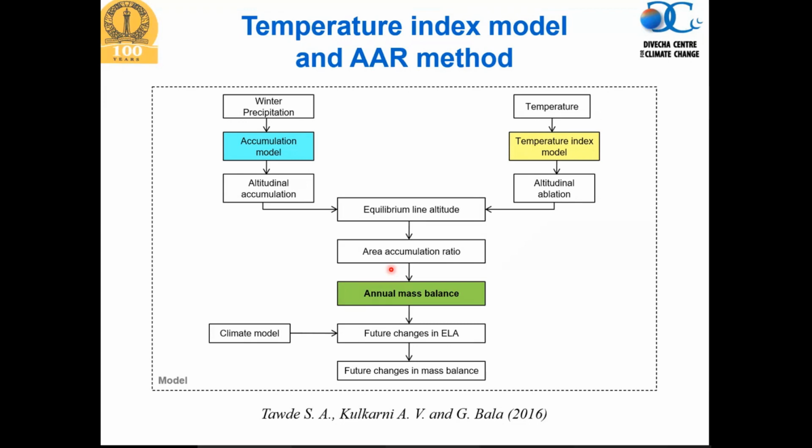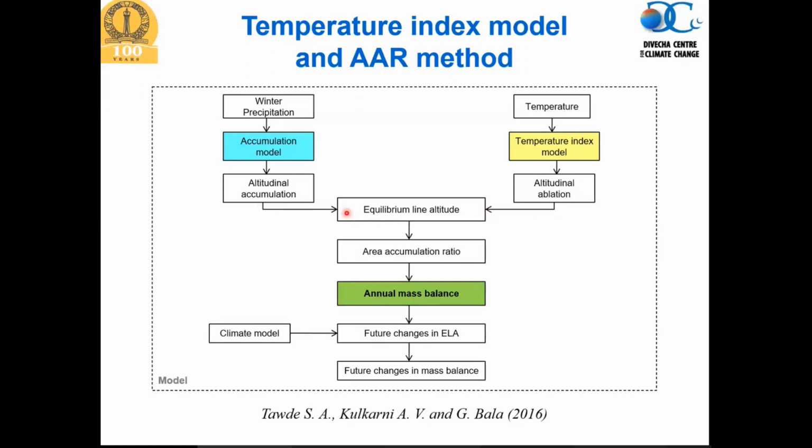Even the original technique was developed in the mid-90s. Subsequently, one of my doctoral students developed this technique, where she used two important ideas to improve it further. First, we have winter precipitation, and you estimate the accumulation model. You estimate in each altitude zone how much is the snowfall or snow accumulation. You have a temperature, then apply a temperature index model and get ablation in each altitude zone. So once you have this,